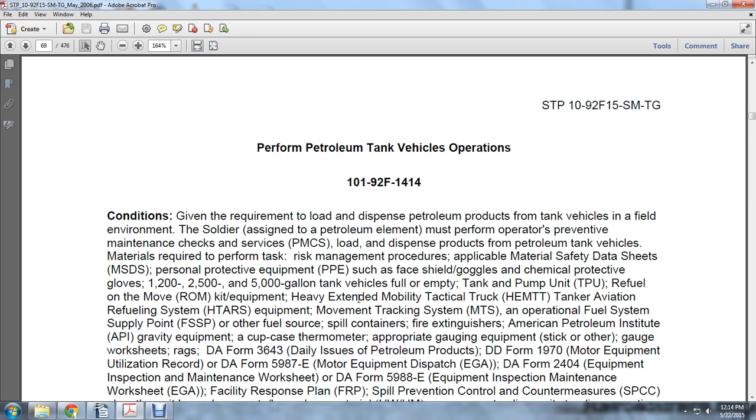Petroleum Institute, API gravity equipment, the cup case, the appropriate thermometer, the gauging equipment stick and other gauge, the worksheet, DA Form 3643 daily issues of petroleum products, DD Form 1970 petroleum equipment utilization required, DA Form 5987-E and the motor equipment dispatch, DA Form 2404 equipment inspection maintenance worksheet, DA Form 5988-E equipment inspection maintenance worksheet, the facility response plan,